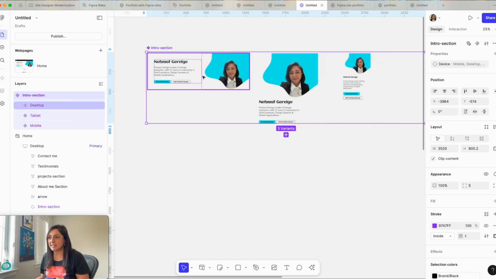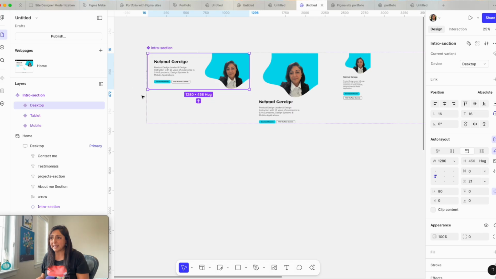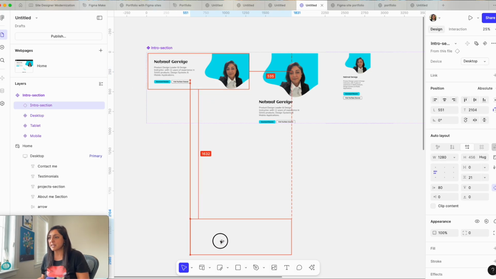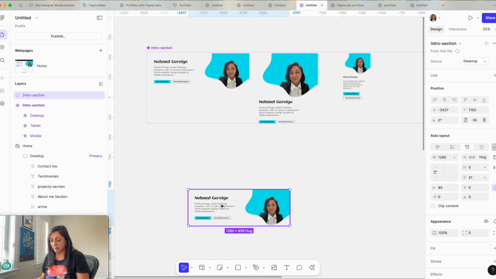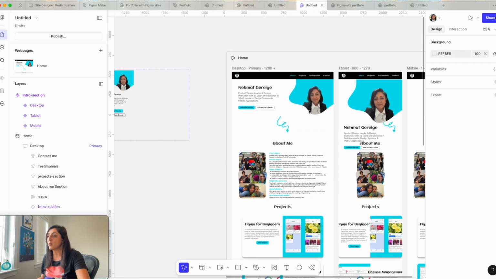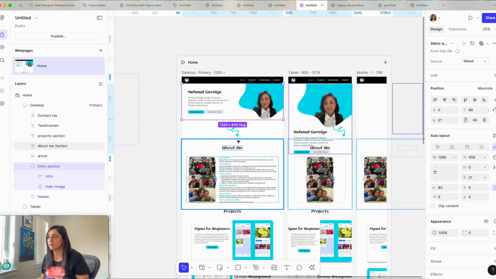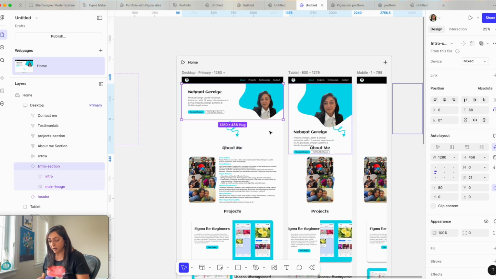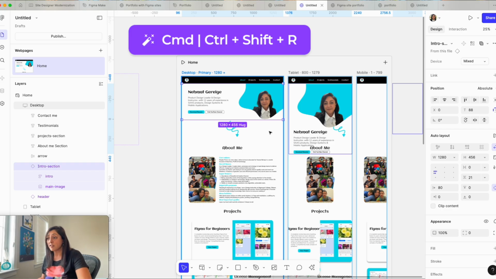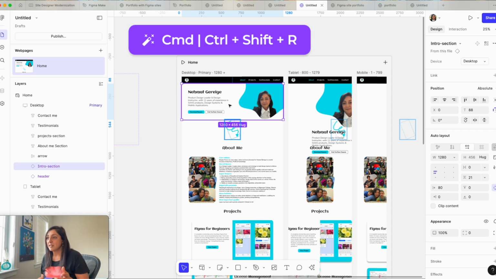So to show you an example of this, I'm going to drag an instance from this component set. So clicking Option and drag, I have this one here. I'm clicking Command X because I want to replace it on my desktop and see if Figma will recognize to do that for tablet and mobile. So I'm clicking Command Shift R to replace, not just to paste. And Figma